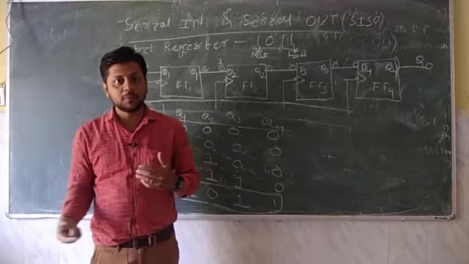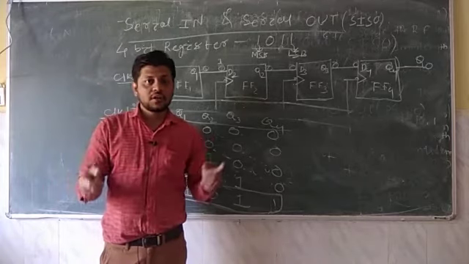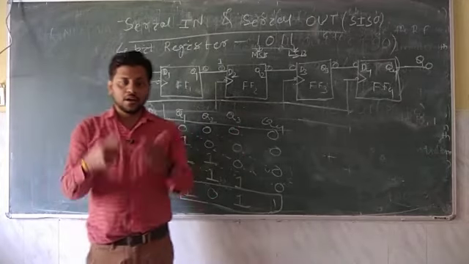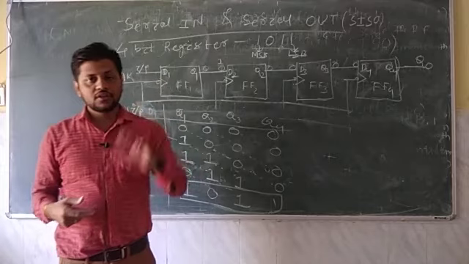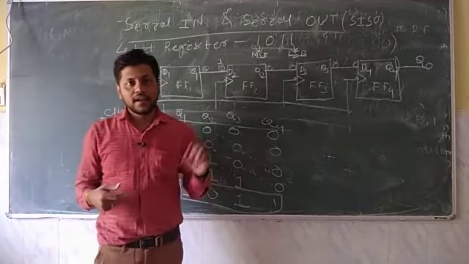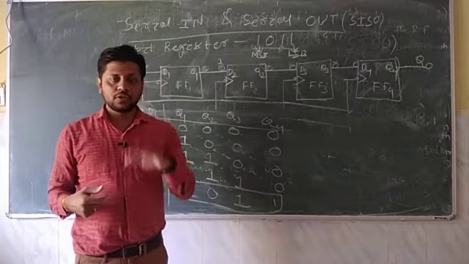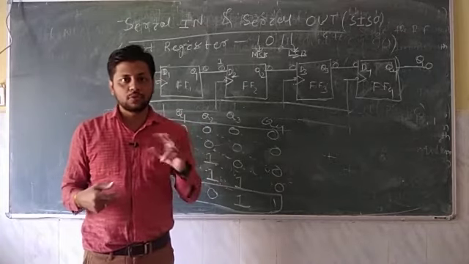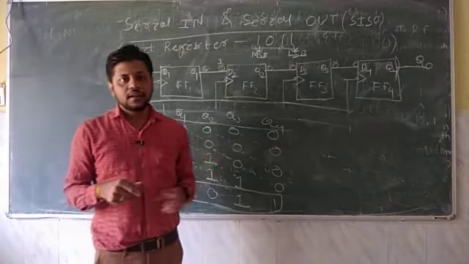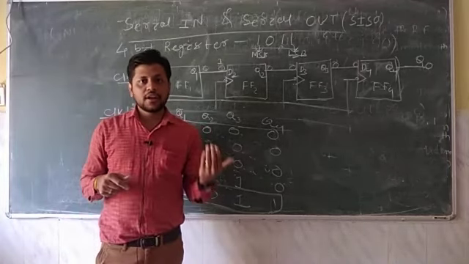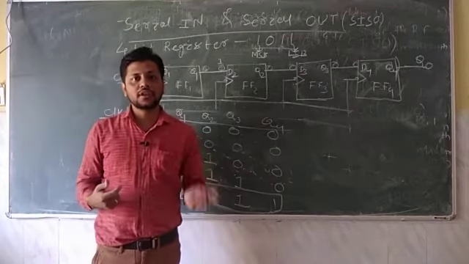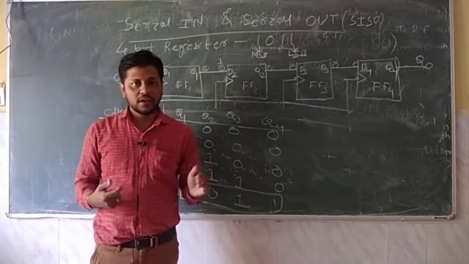When I say n bit register, that means the register is nothing but a combination or group of n flip flops. And how are we classifying the register? A register is classified by how we are entering the data and how we are getting the output. Depending on the application, we also classify registers into 2 types, that is shift register or storage register. And based on how you enter data and retrieve data, we have serial in serial out, serial in parallel out, parallel in serial out, and parallel in parallel out.